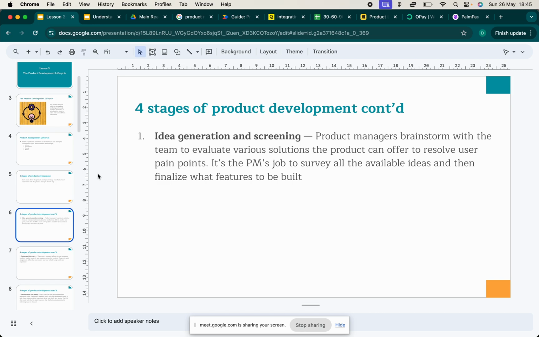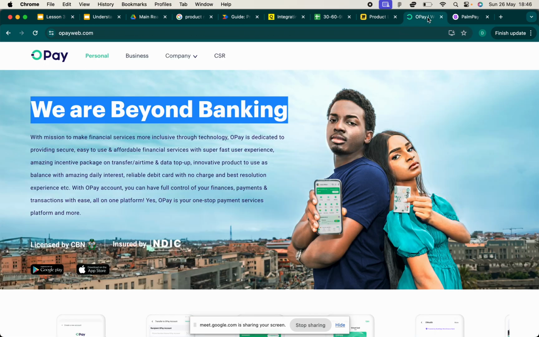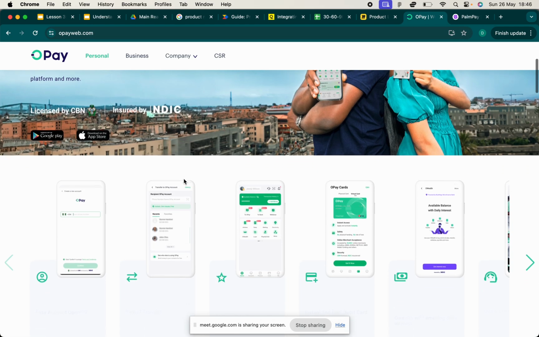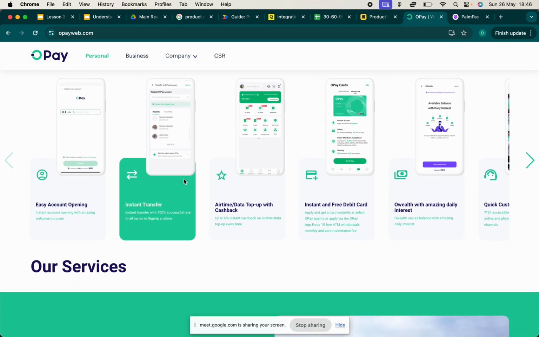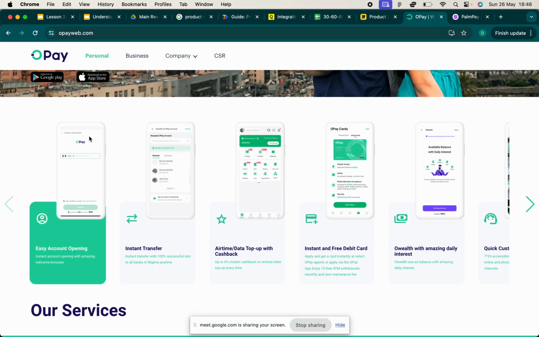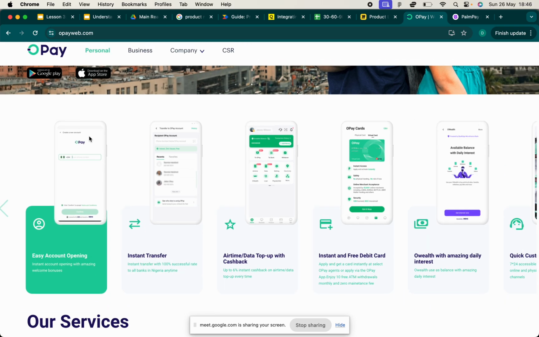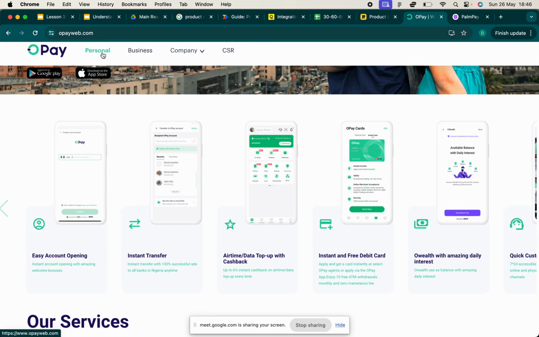There's something known as idea generation and screening. As a product manager, all this means is being able to brainstorm. Before you get into picking a particular idea, you're expected to have considered a range of other ideas. Let's say, for example, OPay hired you, and right now they've already got several products on their app.